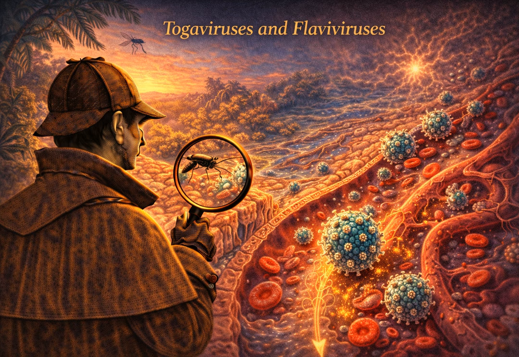Right. And today we are tackling an absolute beast of a topic. We're cracking open Murray's Medical Microbiology, specifically Chapter 52. We are talking about Togaviruses and Flaviviruses. Yeah, these are definitely heavy hitters. I mean, if you look at human history, very few viral families have caused quite as much misery, panic, and economic devastation as these two.